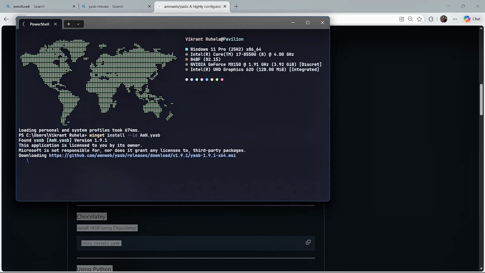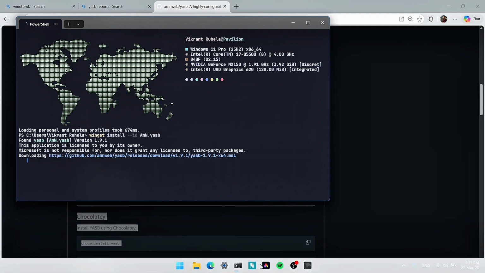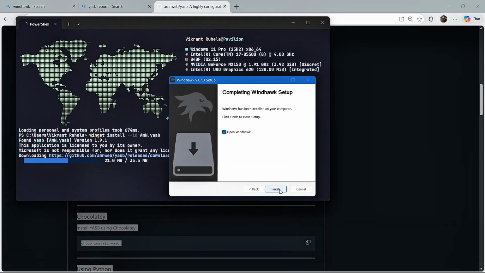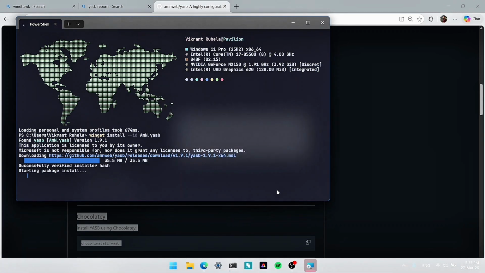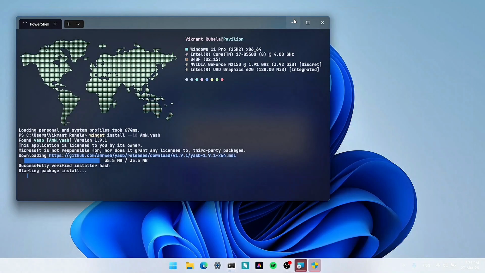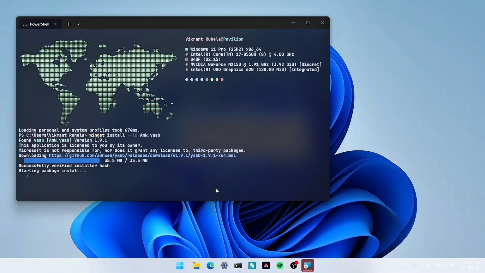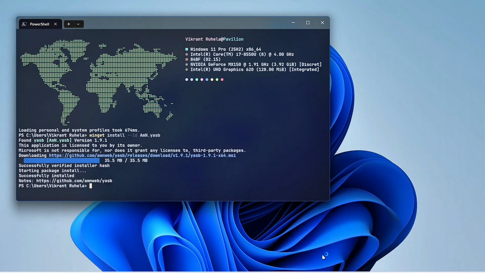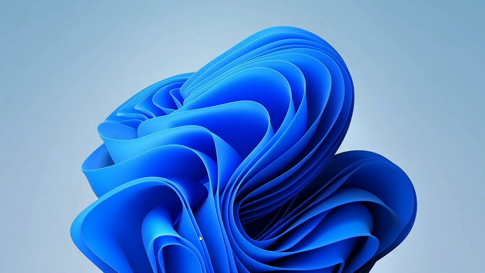Now as you can see, Yasp Reborn is installing. As you can see, Windhawk is also installed. You need to click yes on administrator prompt. As you can see, our Yasp Reborn is installing. Installation completed. You can close the terminal.